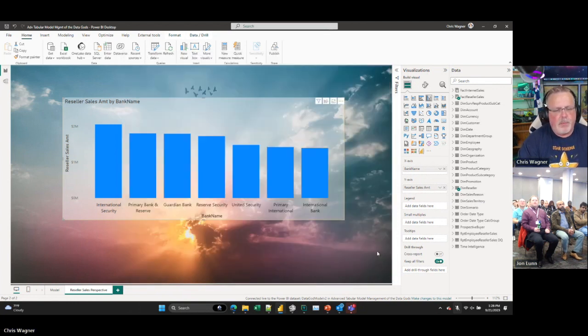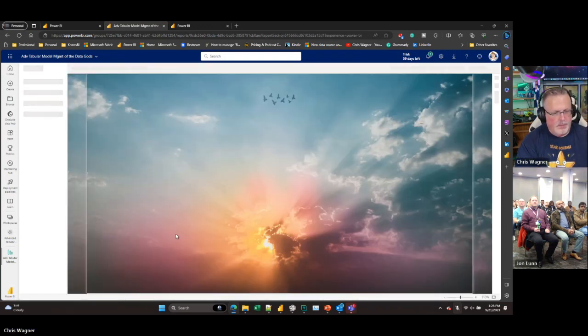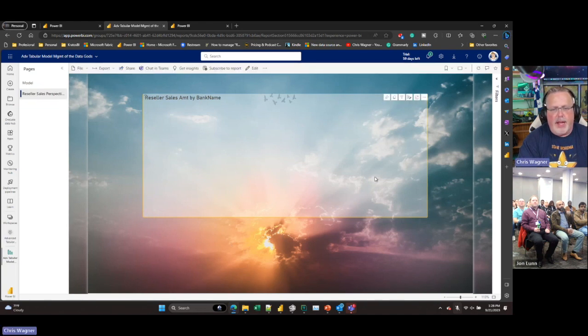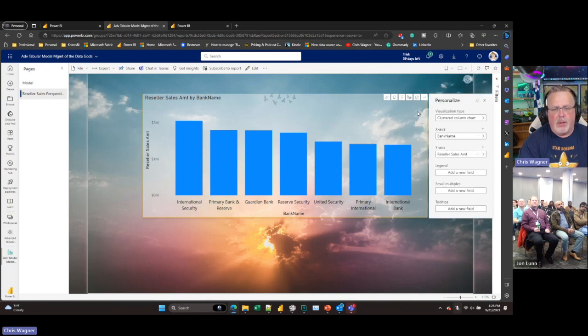Okay. What this means is when this report gets published out into the service, which I've got reported out here, right? I can have the default bar chart that's here. Oh my, what are you doing? Are you not responding now? Okay, here we go. I've got the default bar chart that's here, or I can go in and I can customize this. Now, this personalization, super useful, but